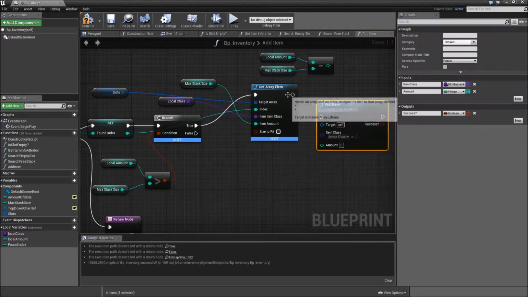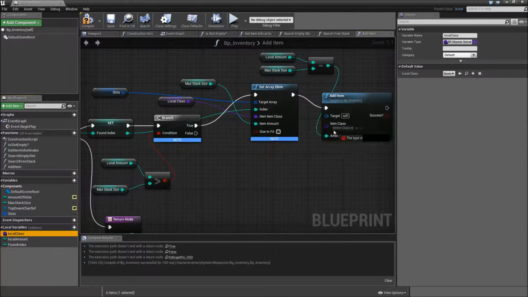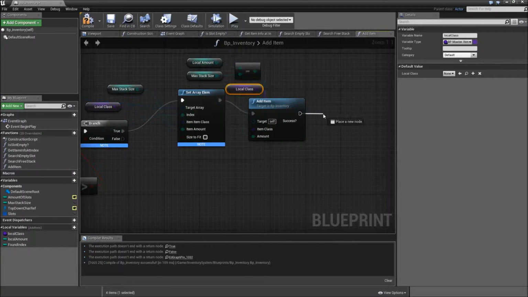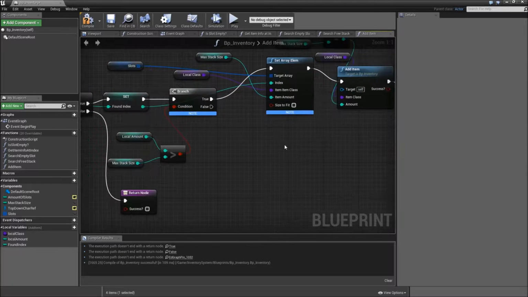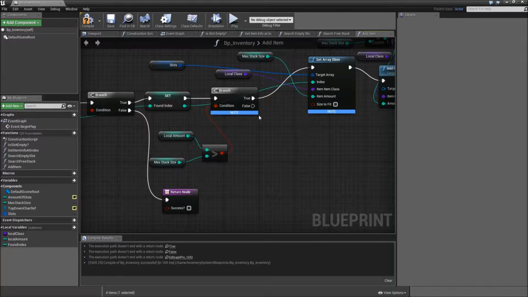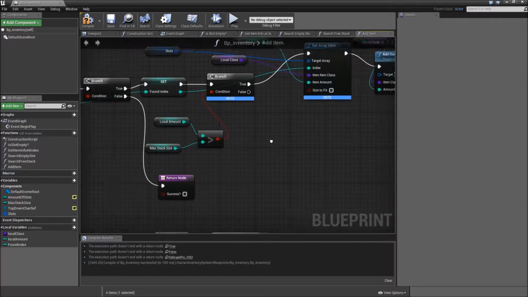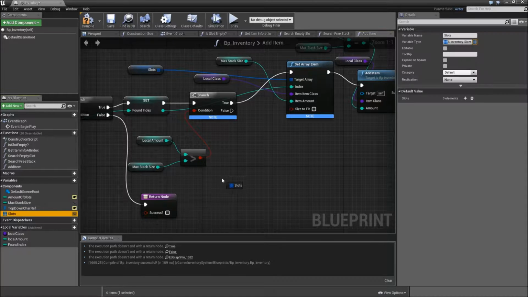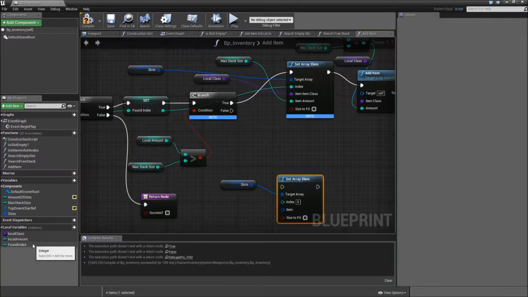AddItem function again, plug the rest in for the amount, and for our item class the local class, and at the end you'll need a return node. Check the success. So now for the false execution, if our local amount is equal to our max size or less than our max stack size, we just want to grab our slots array again, set the array element at our found index,